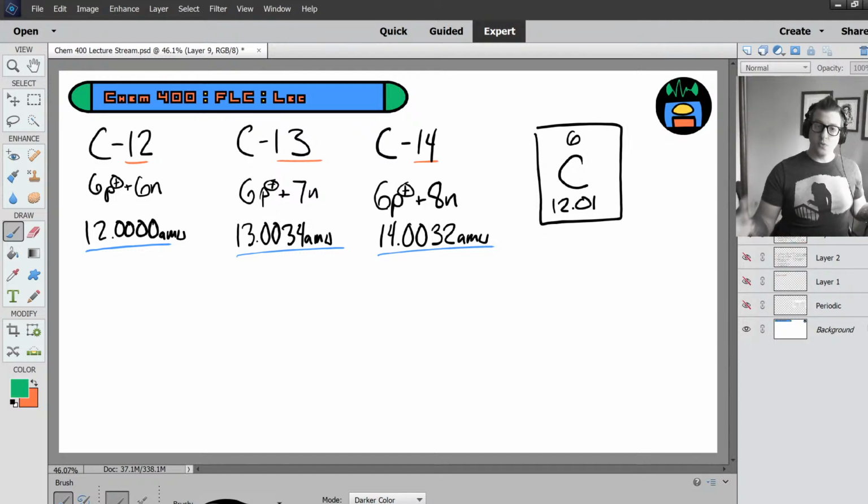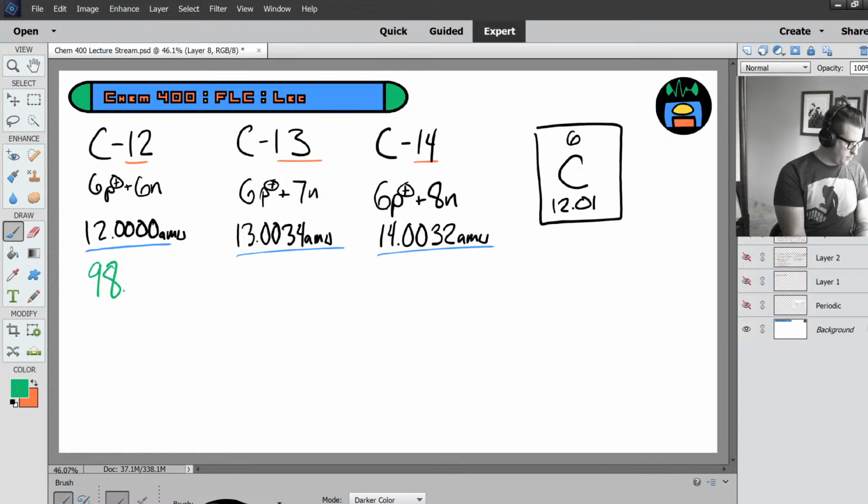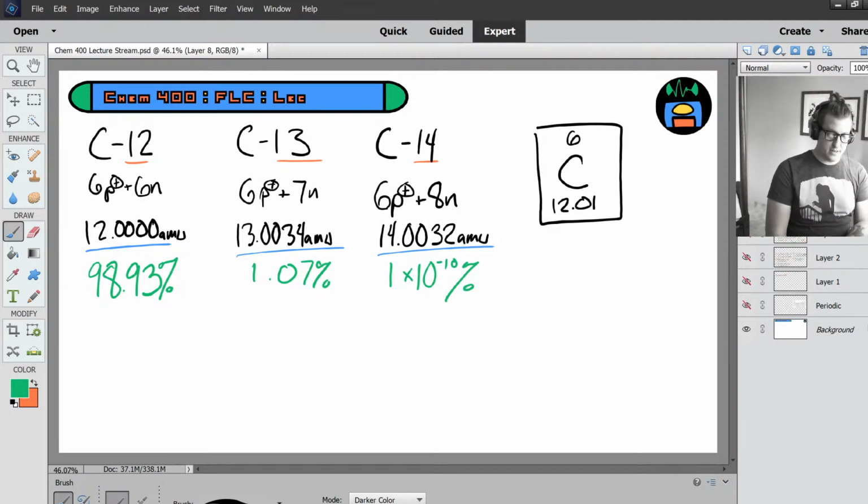All right, there are 3 naturally occurring isotopes of carbon in nature, but 98.93% of every carbon atom found in nature is carbon-12. All right, 1.07% is carbon-13, and 1 times 10 to the negative 10th percent is carbon-14. So the number reported